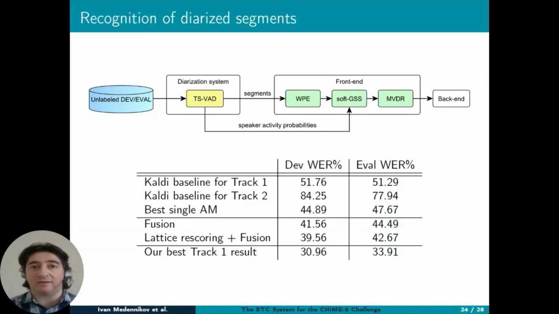Then the same backend as in track 1 is applied. Like in track 1, this leads to a substantial improvement of word error rate. Moreover, the ASR performance gap between TSVAD and manual segmentation is rather small. The recognition results of the best word error rate TSVAD segments are presented in the table.